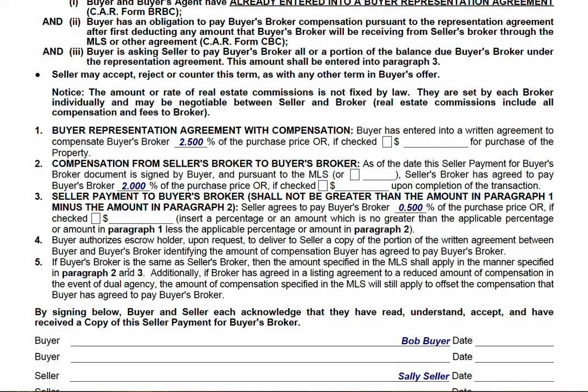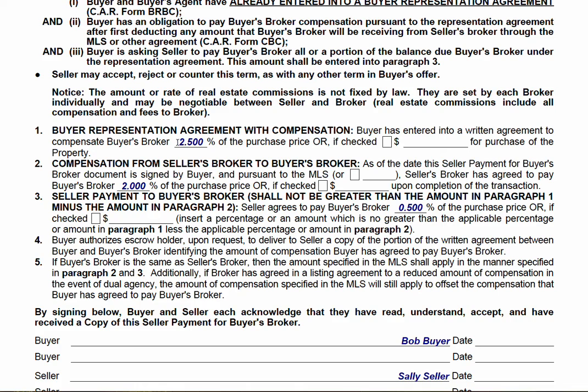but that's a separate topic. The bottom line is, right now in this form on line 3, you will see a request made that the buyer's agent's asking the seller to pay the buyer's broker directly, not through the listing broker, but directly, 0.5%. Why is that? Well, because the buyer's on the hook for 2.5%. And buyer's agents have historically done this, by the way. It may change given that everything's changing after the settlement agreement, the NAR settlement,